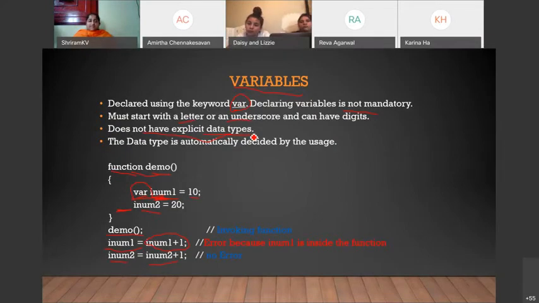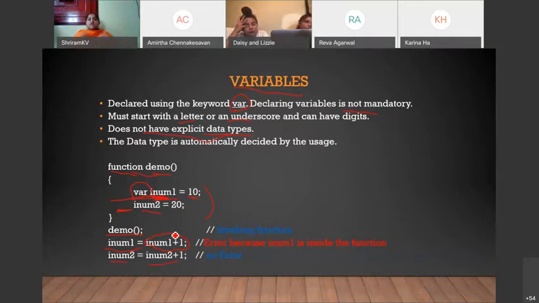So whether anywhere here have we mentioned the type of the variable? No, nowhere here we have mentioned the type of variable. But JavaScript is brilliant enough to understand the type by itself. Now, if I say inum1 equal to 10, it will take it as an integer data type. Which means that it can hold integer numbers, like whole numbers, 10, 11, 12, like that, without a dot. Now, if we mention here 10.25, which means a fraction or a decimal, it will be able to understand that this particular variable will hold a decimal or fraction value.